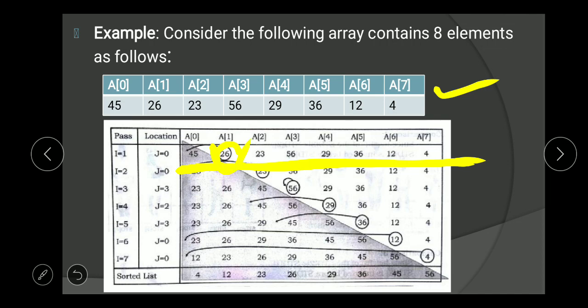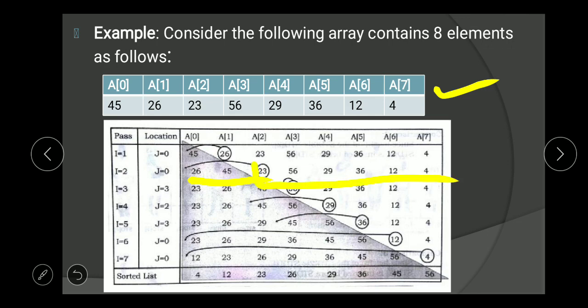Now we compare 26 with 45. 45 is greater than 26, yes, so we shift 45 and 26 will be in A of 0, and 45 will be in the second position. Now this is our sorted list and this is the unsorted list.